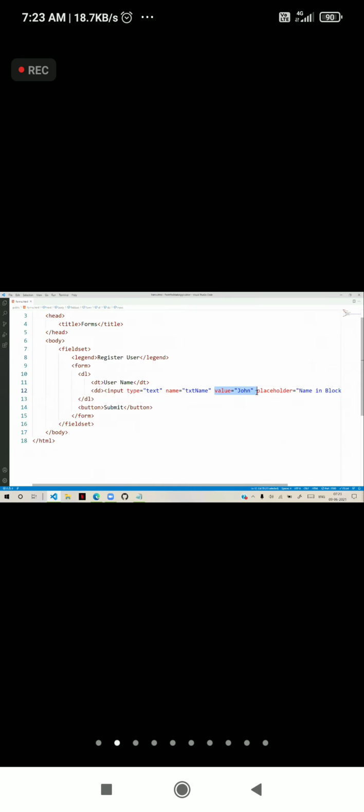So for text input, we have a lot of attributes like name, ID, value, class, placeholder. Other attributes we have are read only and disabled.